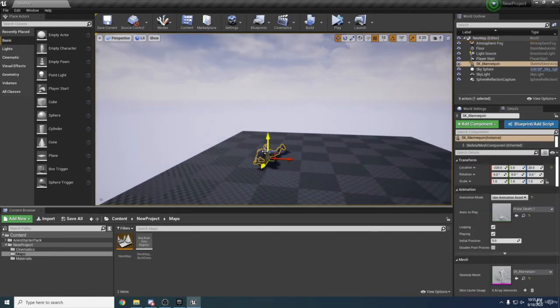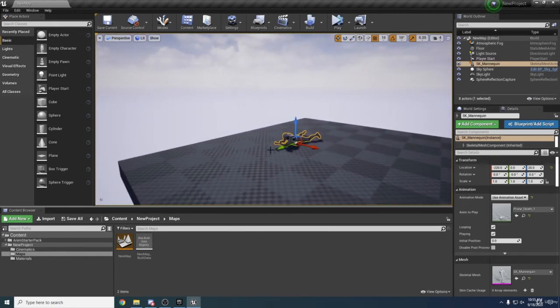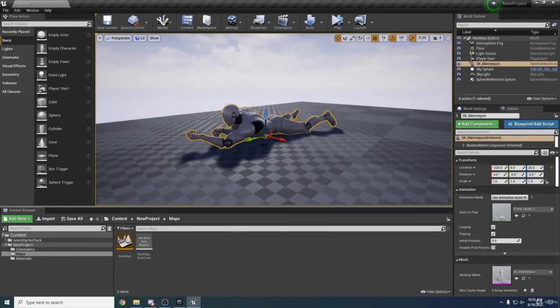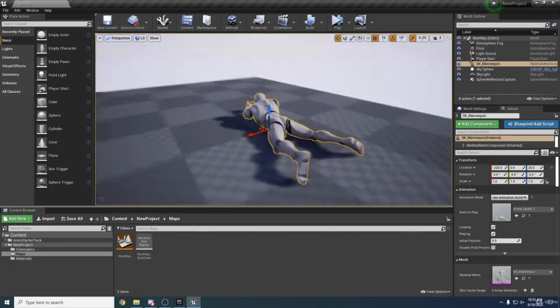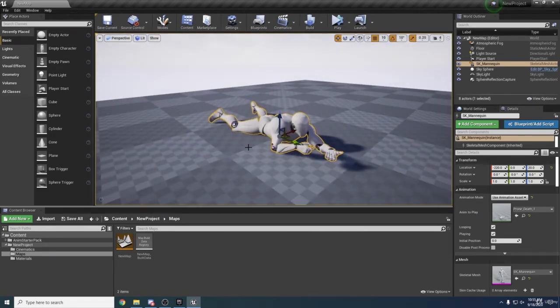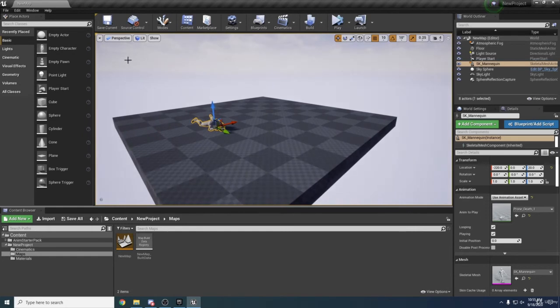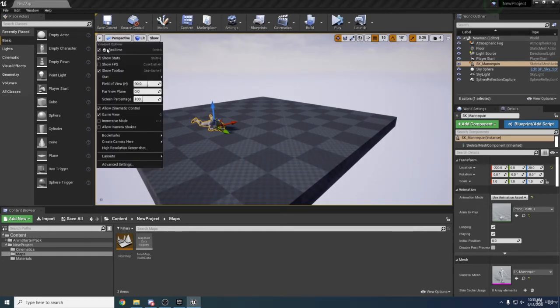And now if you click on an object, you can see that these arrows appear and we can focus only on that object. Now if we click F, we'll focus on the object and we can use Alt left click to scroll around. Now there is another way to hide or show your icon, and that's going here in the